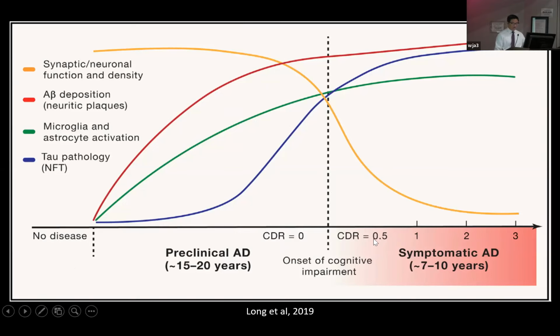0.5 means they have equate to about an MCI diagnosis. 1 is early dementia. 2 is moderate, and then 3 is advanced stages of dementia. But as we typically see patients right here, in this kind of pinkish light red area, you can see that the A beta deposition has significantly accumulated here in the red line. And then the phosphorylated tau, by the time they see us, has already accumulated as well,